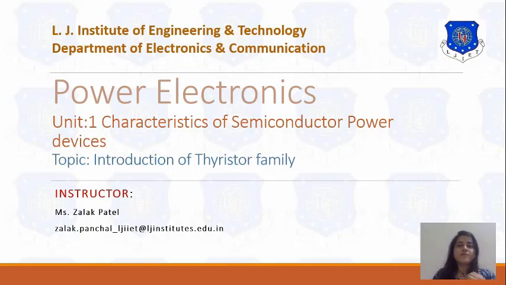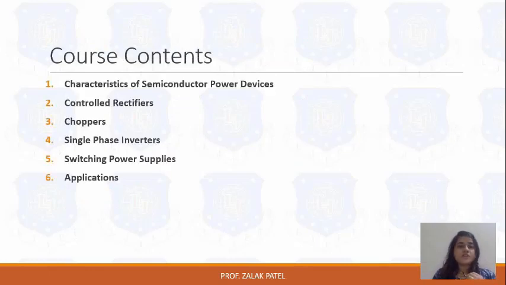But before that, let me tell you the course outline. There are total 6 units. Among them, first one is about the characteristic of semiconductor power devices, in which we will discuss about the various thyristor family and that IV characteristic as well as static and dynamic characteristic and their advantages, disadvantages and applications of